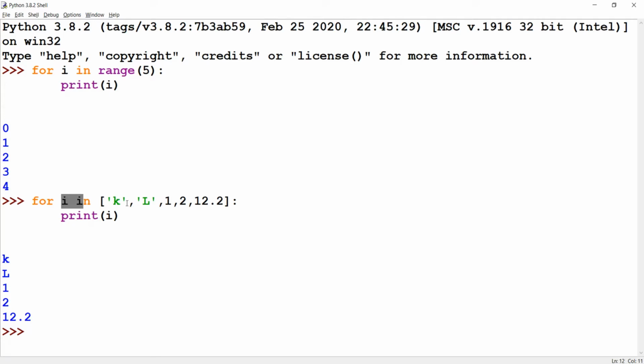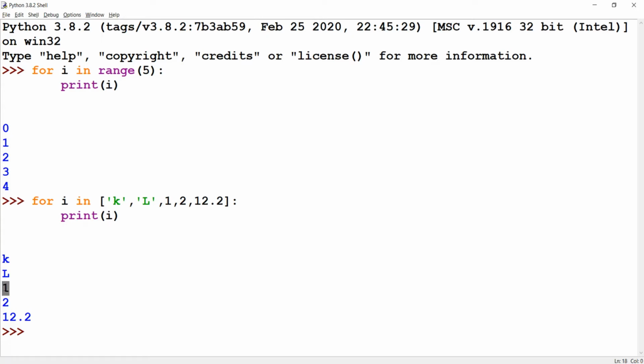For i in this list, particularly in this sequence, i will get assigned to K, then it will print K, which is in i. After this we have to go back to for, then i will get assigned to L, then i contains L and it will print L at the output, after which it will again go towards the for statement, then i will get assigned to 1 and it will print 1.